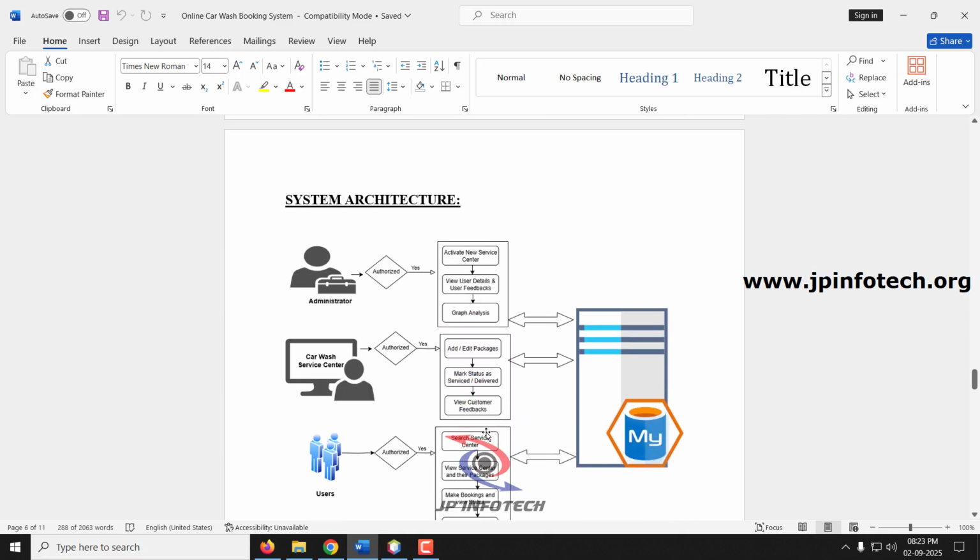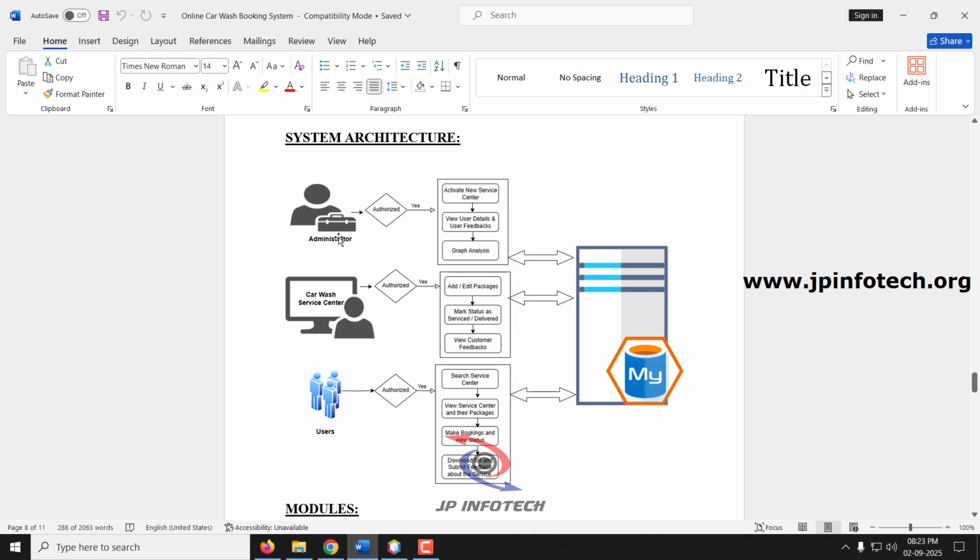So next, coming to the system architecture. Here you can see the entities: administrator, core service centers, and the users. First thing, administrator has all the rights. They can activate or reject the new service centers, they can see the user details, and they can see the user feedbacks given, and we have provided the attractive graph analysis part of the complete